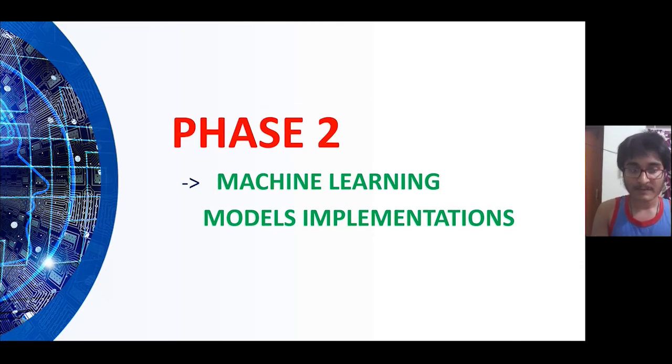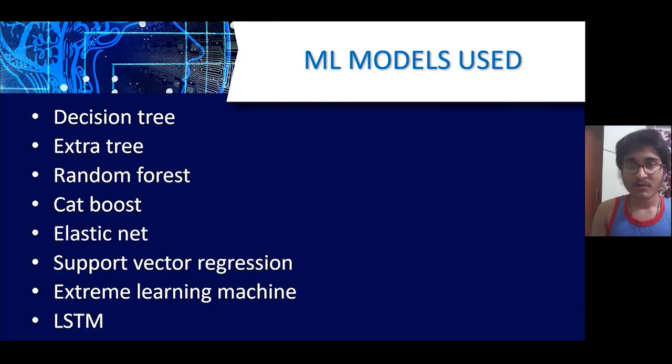Now we are going to implement machine learning and deep learning algorithms on our dataset. We have chosen to perform a time series forecasting of the air quality index of Delhi, mainly because it is the capital city of India, as well as because we have performed our hypothesis testing on it. We have used a total of 8 algorithms, of which there are 6 machine learning algorithms and 2 deep learning